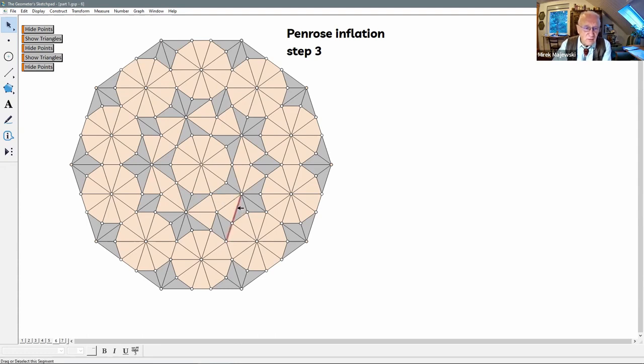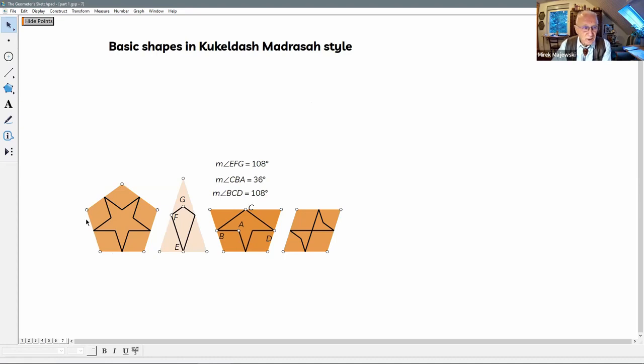For example, if you remove this segment, if you remove this gray area, you will get a trapezium with 3 edges equal. So this will be giving you a shape that you know already, at least some of you know already. So basic shapes in Kukeldash Madrasa style, these are the shapes that we were showing on these photographs in the beginning. So this is a very standard one, this is very standard one, this is very standard one. These 3 shapes here were used